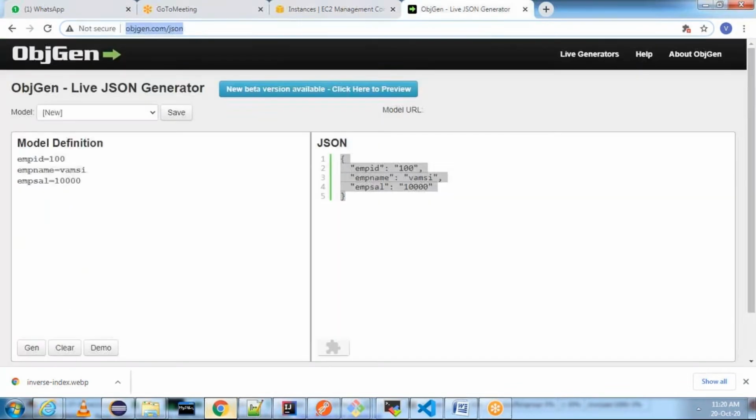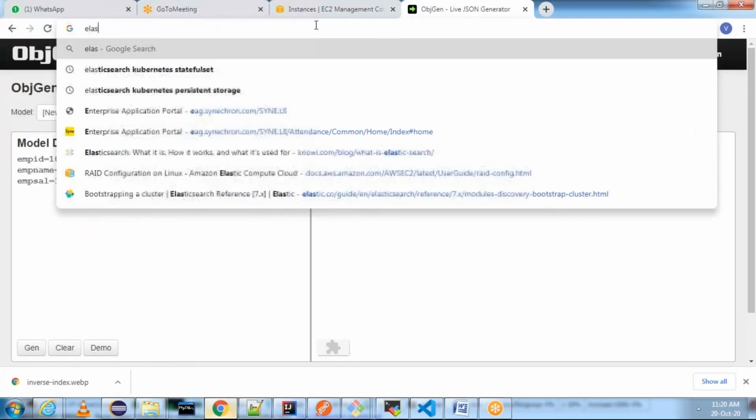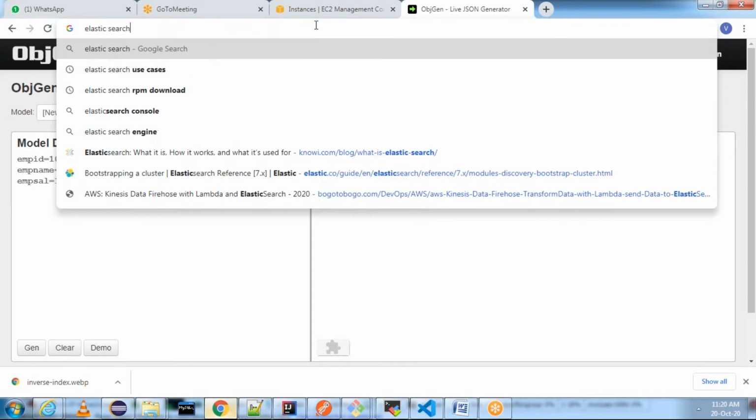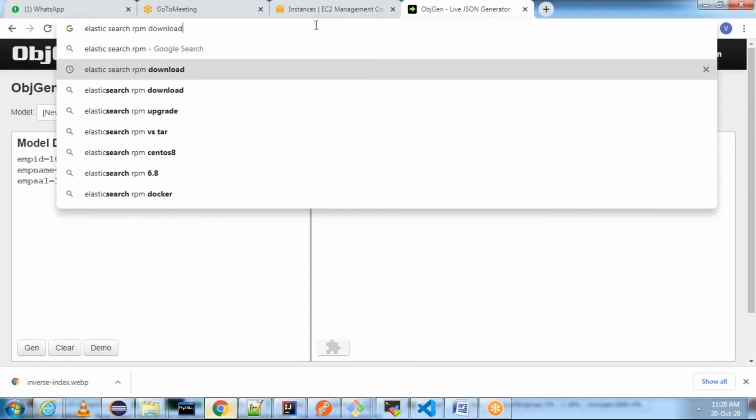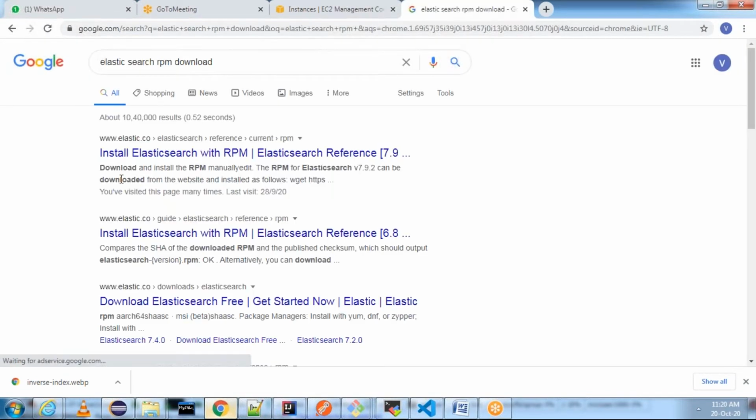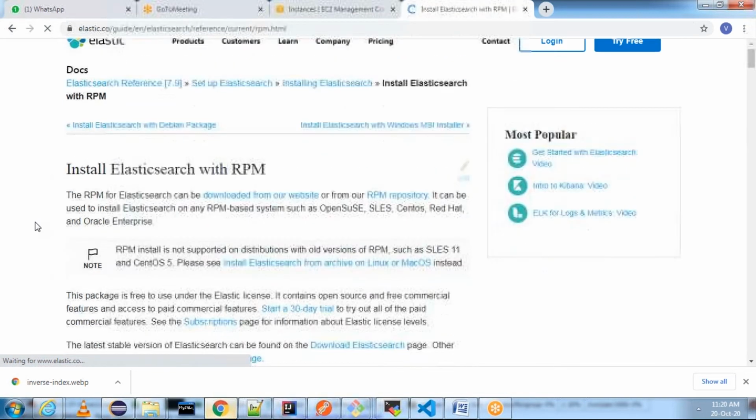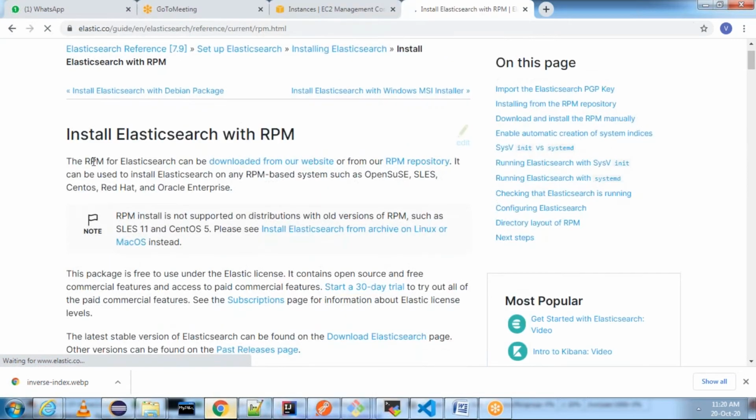You can search for Elasticsearch RPM download. Basically, I am going to use RPM. Click on install Elasticsearch with RPM. The latest Elasticsearch version is 7.9. And here the RPM for Elasticsearch can be downloaded from the website.